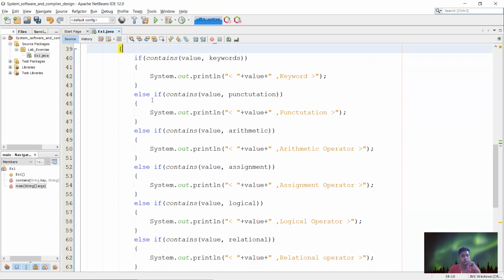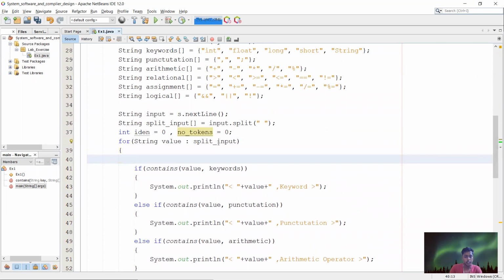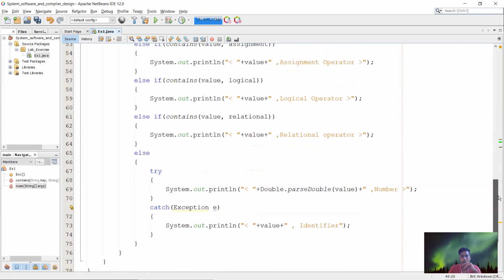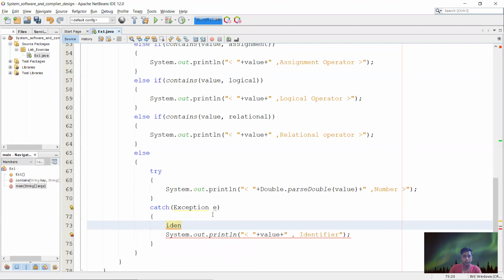So if the condition passes control to any block, it will be considered as a token. Instead of writing it into every block, we need to increment the token count commonly here, so I'll increment the number of tokens here. For identifiers, we need to specify it in the identifier block, so in the identifier block I am specifying identifier plus plus.